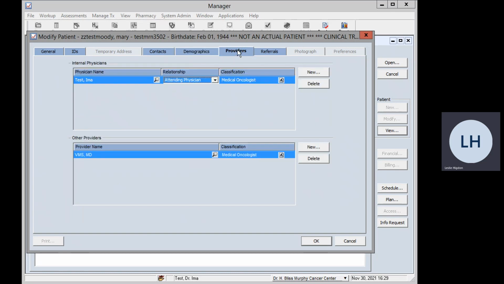And then providers is going to show you the internal physicians. So this section will have physicians that are from the cancer center that are following or assigned to this patient. And then other providers, this will include family physician only. So there should only ever be one physician here. If there's more than one, it's the responsibility of clerical to review this and make sure the most up-to-date name